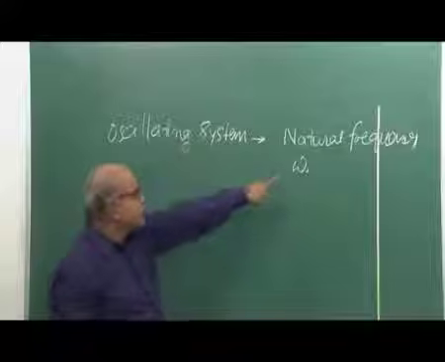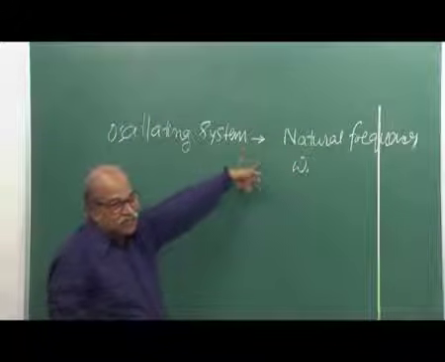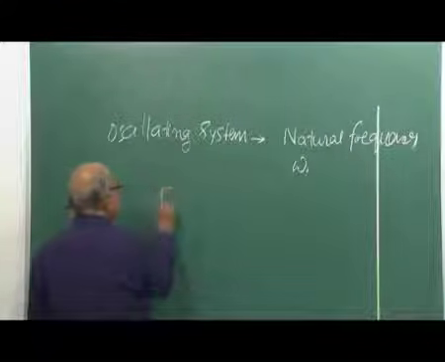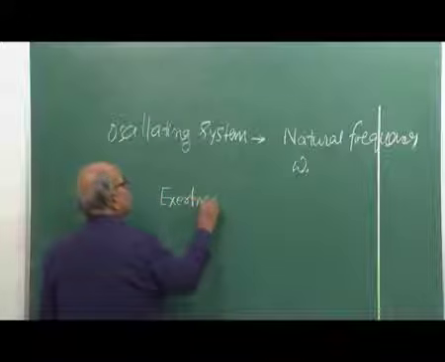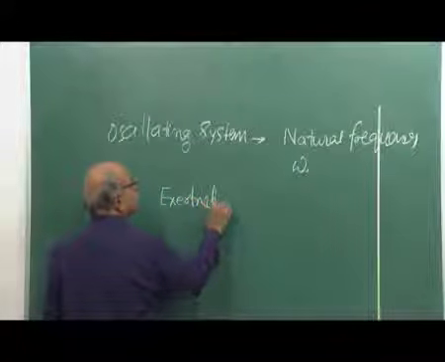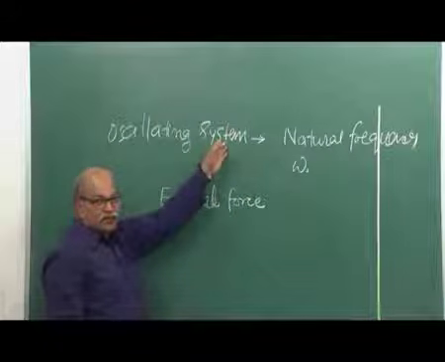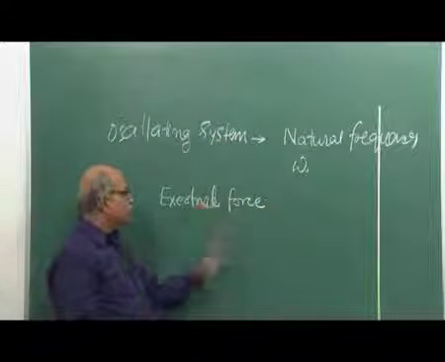So that decides this. You can have more than one natural frequency also, but sometimes you have only one natural frequency. And then you apply an external force. That means, apart from that restoring force, apart from any damping force which may be there, you apply an external force,